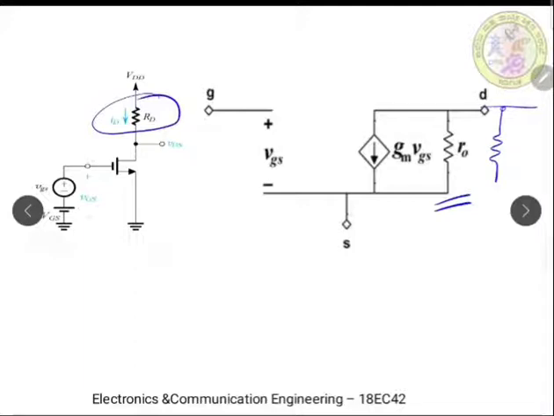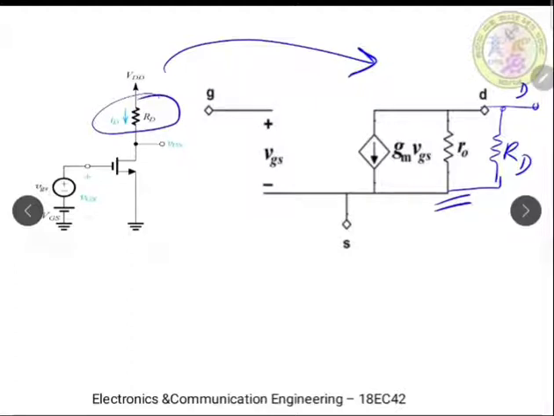So the RD resistance is going to appear here, and this is the drain terminal. Okay, so this is a small signal model I am writing for this amplifier circuit, where RD has to be included and it will come in parallel with the R0. Okay, so therefore now whenever we are writing the gain equation,